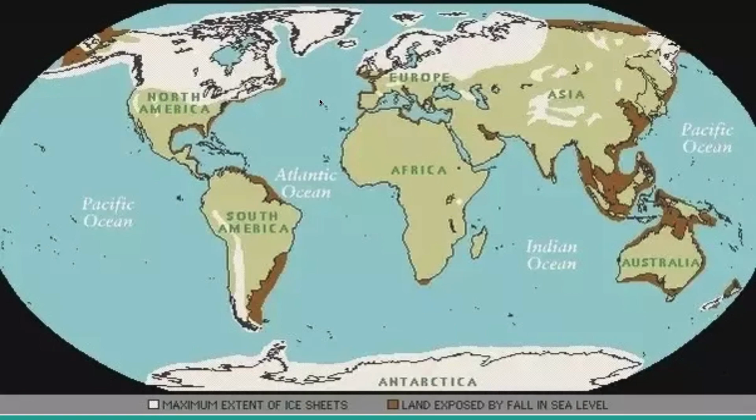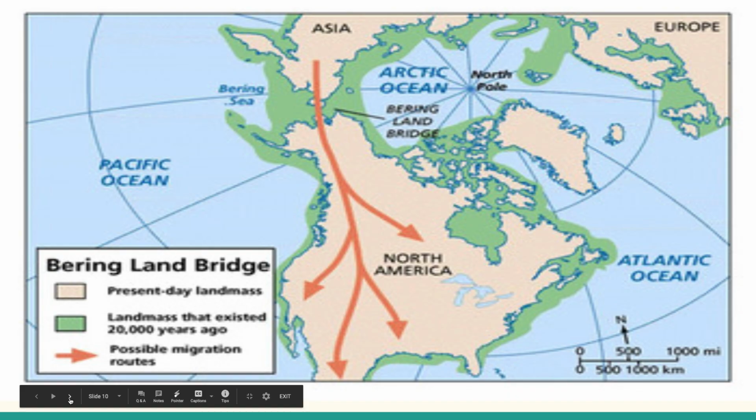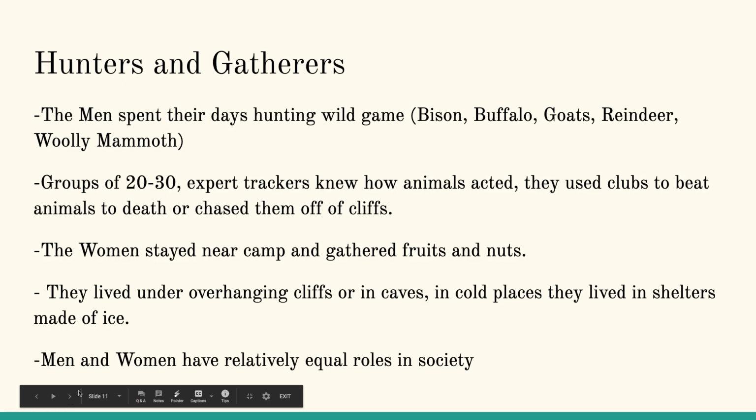But the reason why this is so important to us is people that are living here during the Paleolithic age, the temperatures are going to change. And you can imagine how that would change their lives, right? They're going to have to figure out new ways to survive because it's going to be much colder than it was before. And we're going to talk more about that. One of those ways is the domestication of animals. They begin to domesticate wolves. Okay, we'll talk about that. But